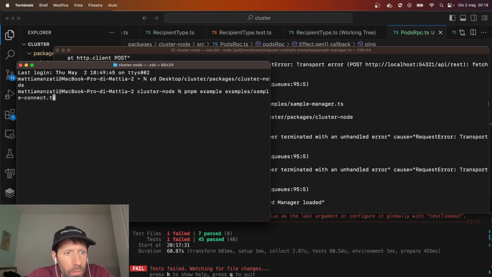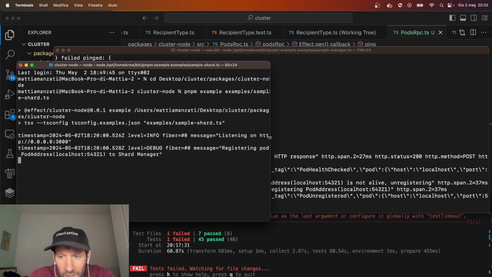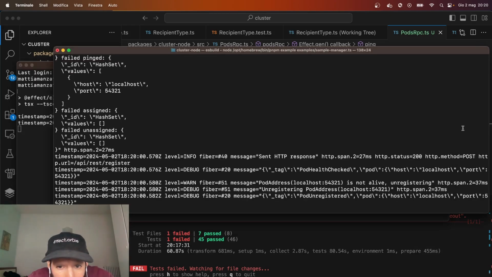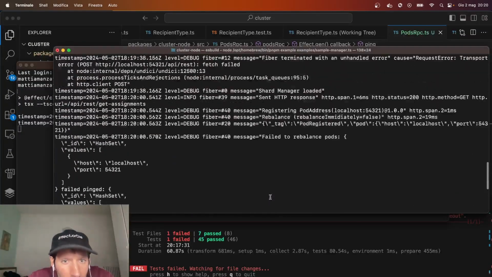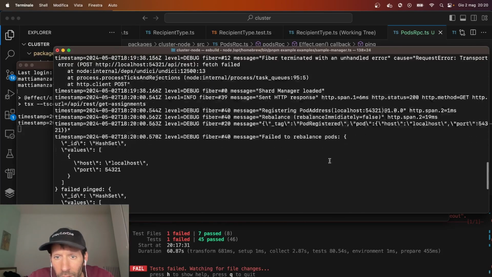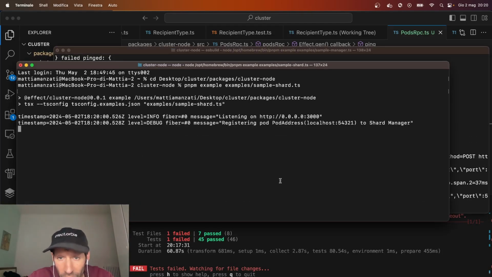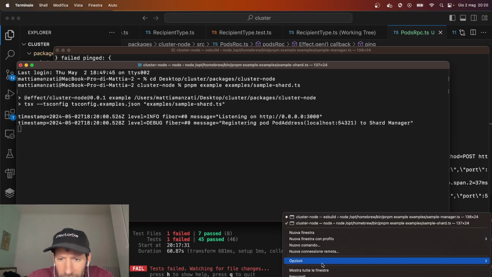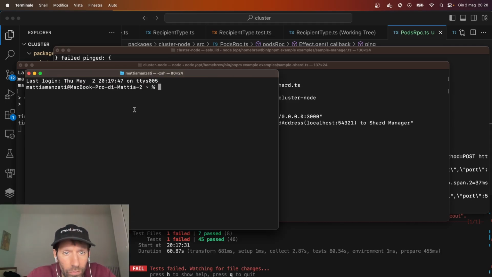Okay, let's start maybe some shard. Okay, it registered itself. It's in. Yeah, registering, pod rebalancing, pod register. It seems that it's actually doing something. And let's try maybe starting